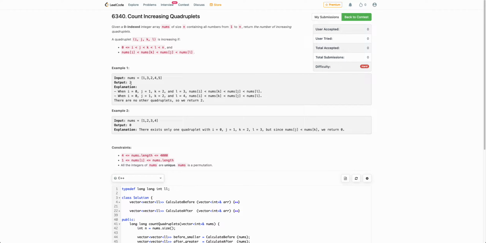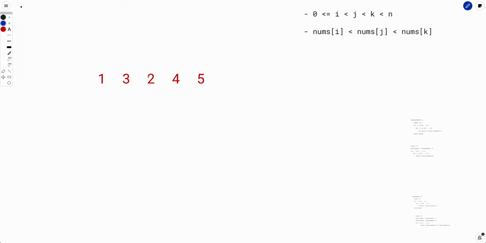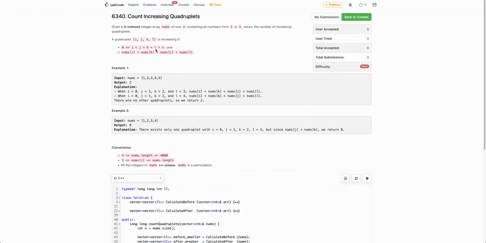Now, hope the problem statement is clear. The problem is a bit involved, so instead of solving the original problem which includes i, j, k and l, let's try to solve a simplified version of the problem wherein we only have three indexes, i, j and k. If you haven't solved this kind of problem in the past, I would encourage you to go one step further down and solve this for